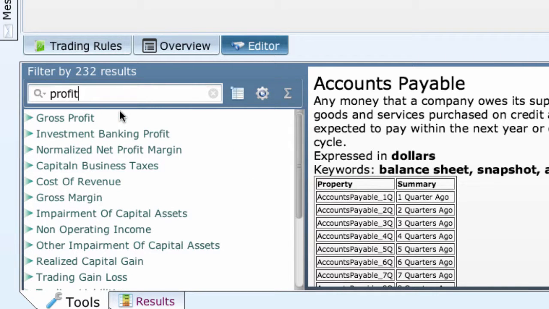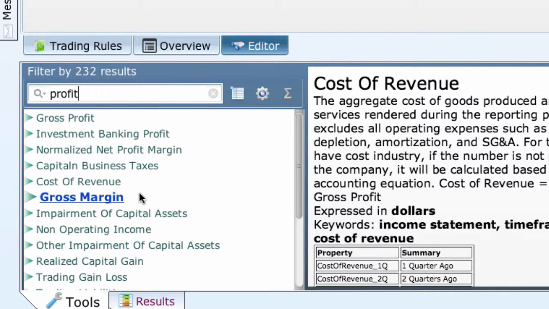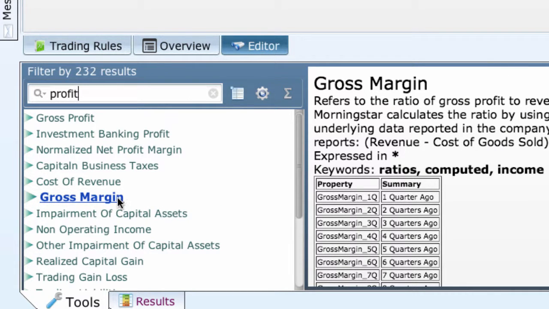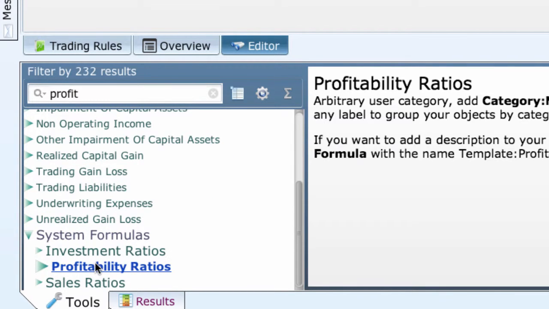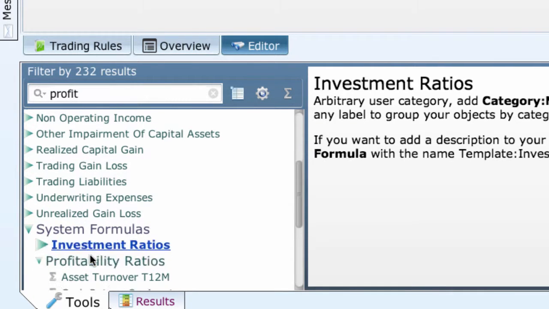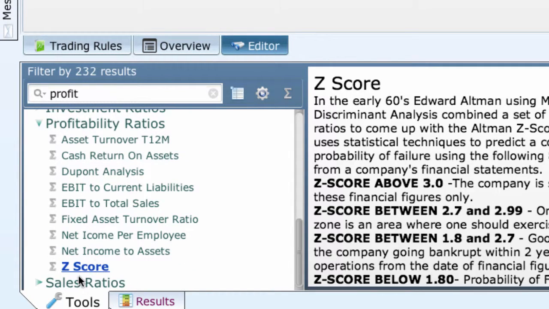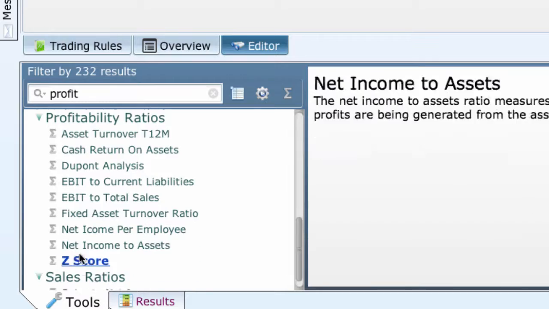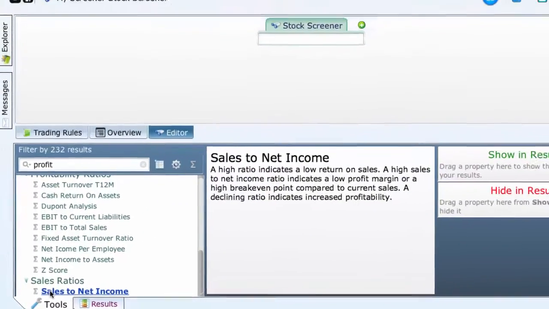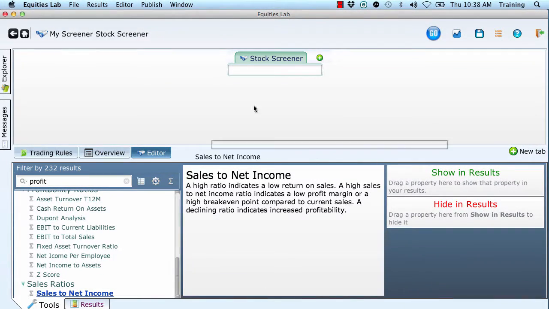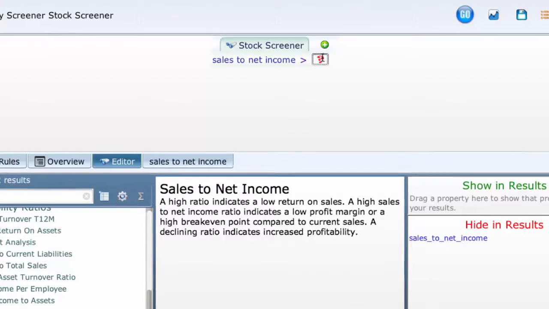Here we have gross profit, cost of revenue, gross margin. Gross margin looks interesting. There might be a net margin down here. And then we have profitability ratios. Let's open up asset turnover, DuPont analysis, Z-score. So it looks like I'm going to be looking for sales ratios. Sales to net income. That looks like a profit margin, so I'm going to drag that in. And I'm going to get sales to net income is greater than